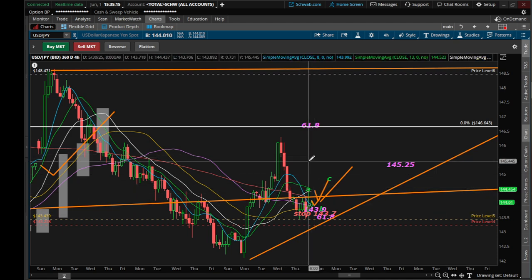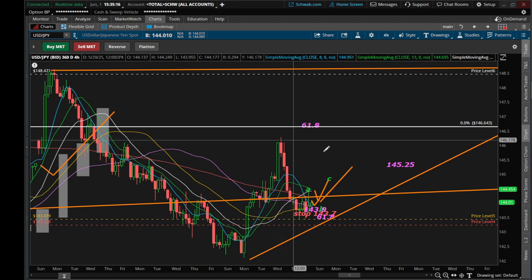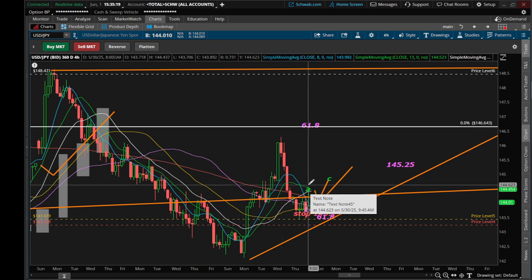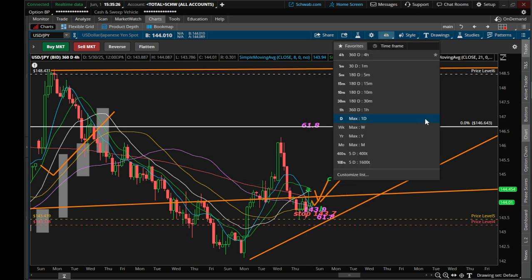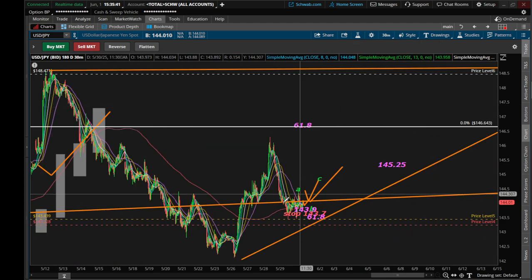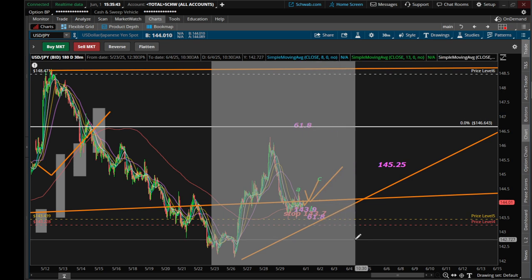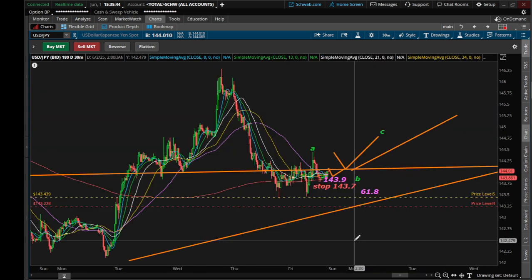So now we're going to go down to a 30-minute time frame and try to anticipate what our move might be in the next couple of hours when the market opens. I want to add that my indicators did show a push to the upside on Friday, so I'm thinking we may gap up on opening, based on Friday's